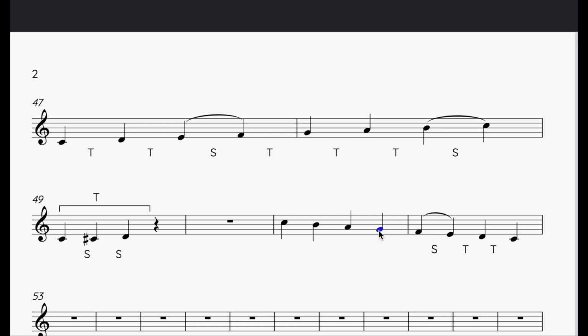Now F to G, that's a tone, so I'll put that there. G to A is a tone. Put that there. A to B is a tone. And of course, B to C is a semitone. So you can see it's the same but backwards. Where we went tone, tone, semitone, tone, tone, tone, semitone, well, if the scale is descending, then we have